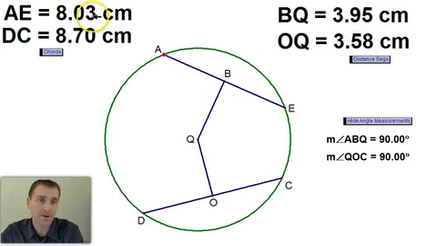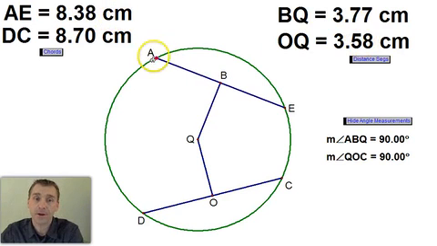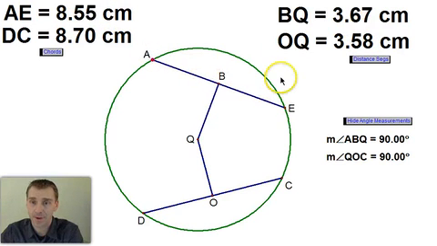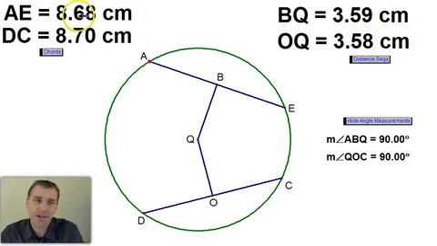And notice what's happening over here to the left. The chord length is getting bigger and bigger, so AE is getting bigger and bigger. Notice now I'm getting pretty close, so the distances are getting close. Keep going, look, the distances are almost the same. And when I make them almost the same, check out the chord lengths. They're almost the same. But as soon as I make the distance exactly the same, so BQ and